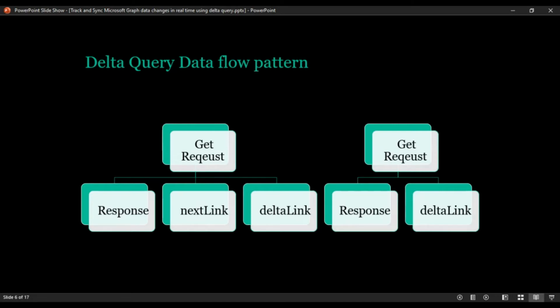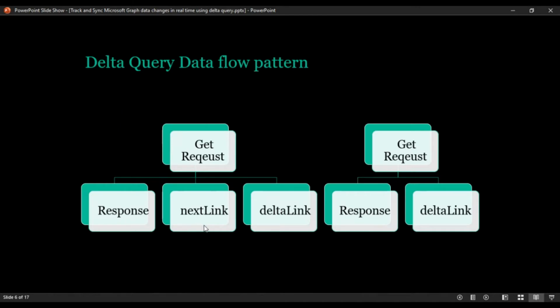There are two steps here. If there is a bulk amount of data, your graph resource can return only specific data. For example, if there are 500 items, graph may return only 100 in the first page. Then we will get a next link in the response that we receive.